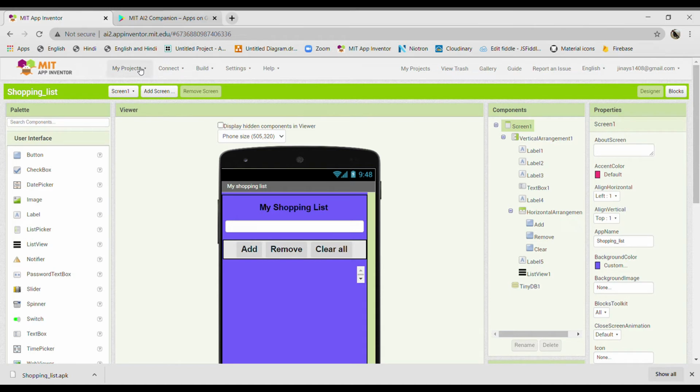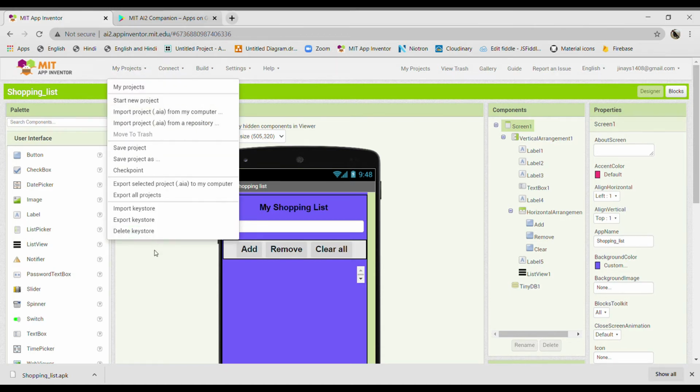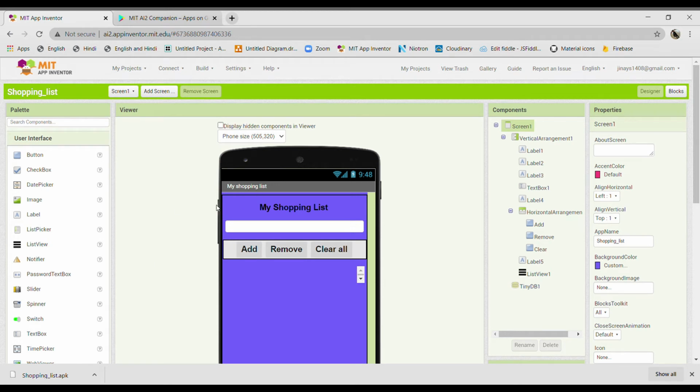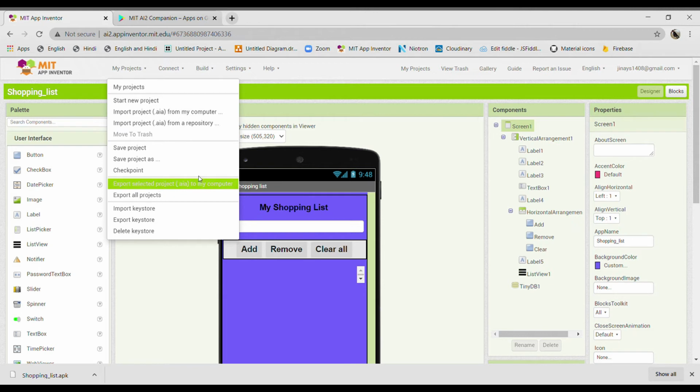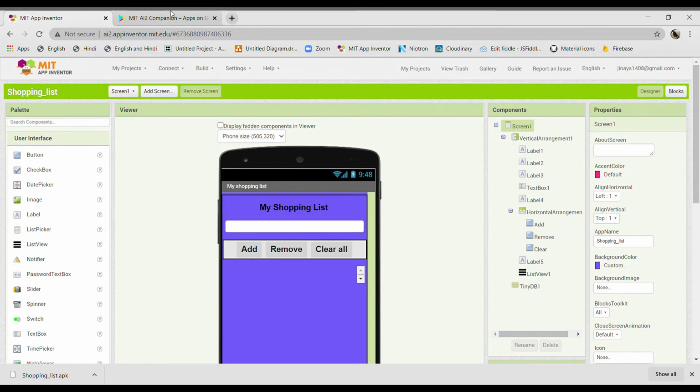So this was some important thing about MIT App Inventor. If you want to save your files in your laptop or your computer instead of a mobile device, then you can either export an AIA project of it, usually for backup, or you can build and save an APK file to your computer. Whenever an AIA file is provided, how you can use that AIA file, I will show you.